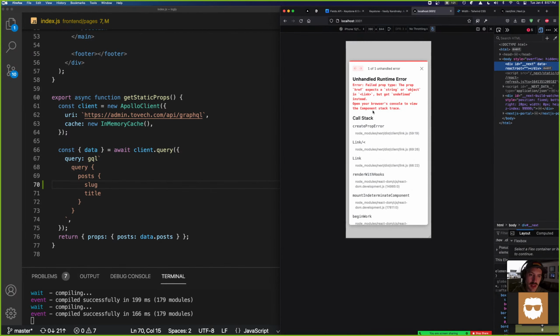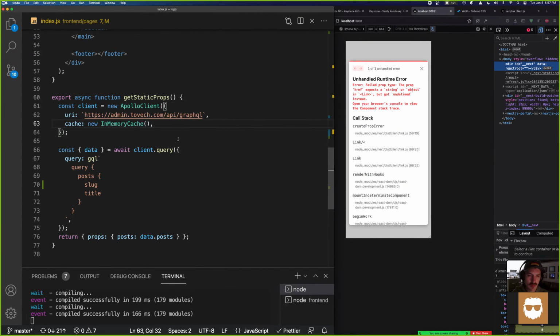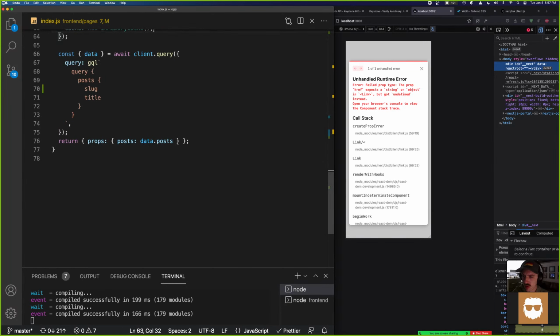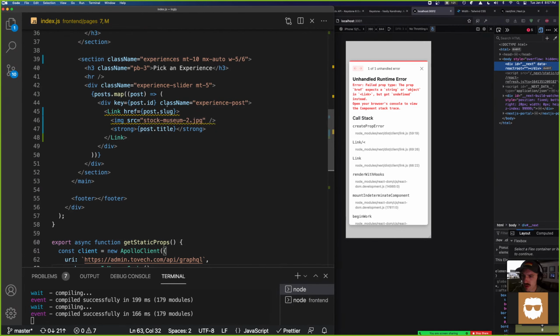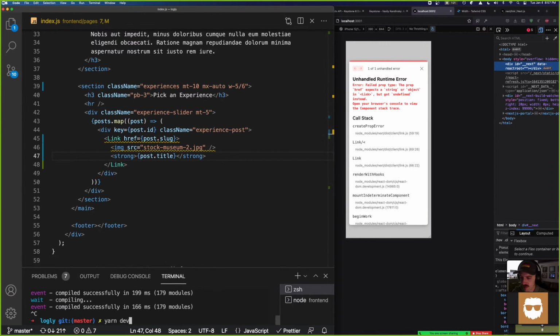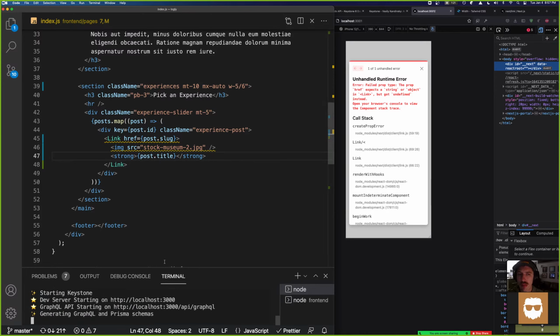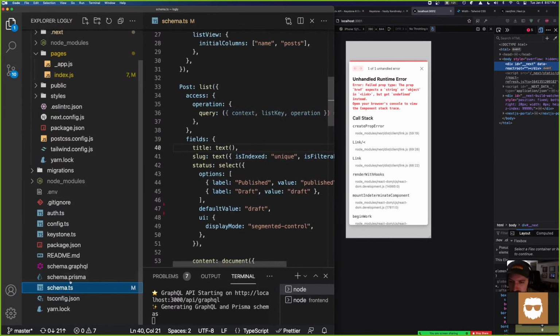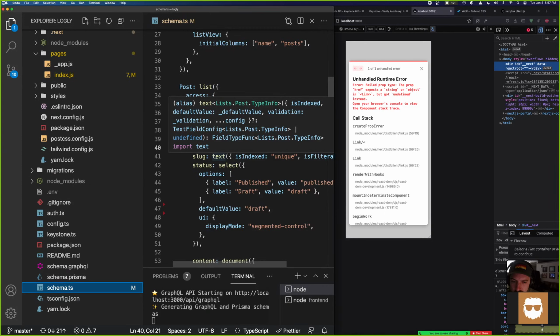And that should be data.posts. Do I need to refresh my server for the GraphQL to load? I believe post.slug is a string.